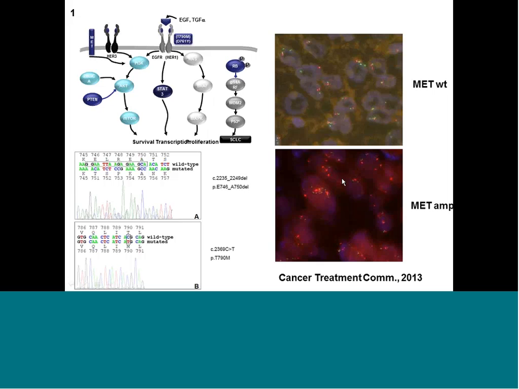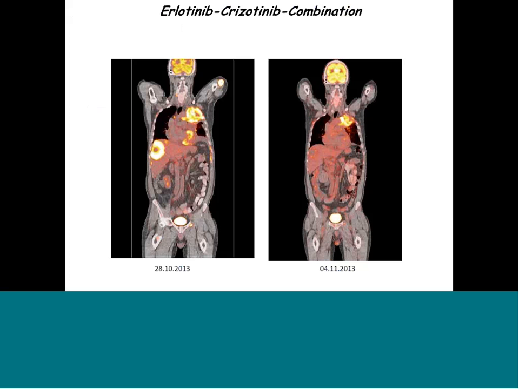And you can see in the third biopsy, we see in the red signals this massive amplification in c-MET, which was not present in the previous biopsy where only the T790M resistance mutation was present. So it is very important to monitor patients and ask the question, is my therapy still effective, or do I see emergence of resistance? And of course, today, this patient would be treatable.